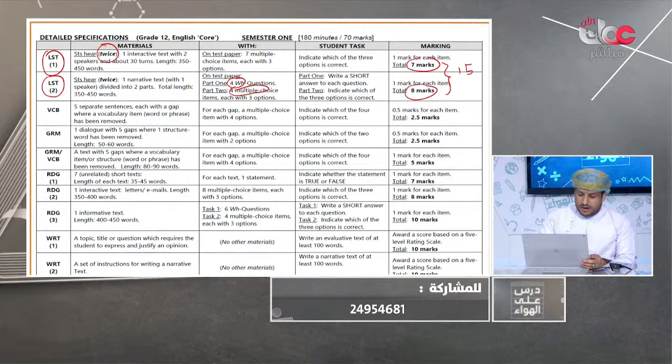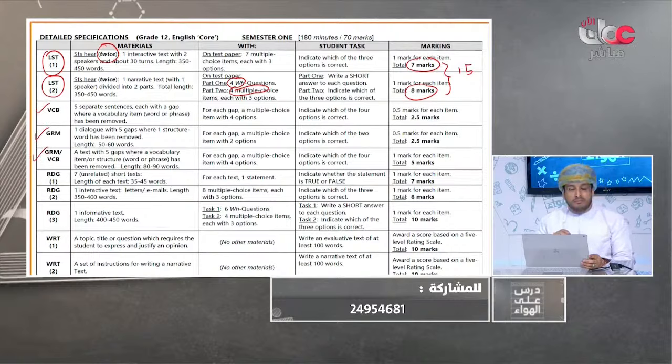All right, so for the vocabulary, as I mentioned before, vocabulary, grammar and vocabulary, there will be multiple choices. There are some bubbles. You have to shade in the bubbles next to the correct option. For the vocabulary, you will have 5 different sentences, and each has multiple choice of 4 options. Each question will be worth half a mark. So the total of the first vocabulary question will be 2.5.